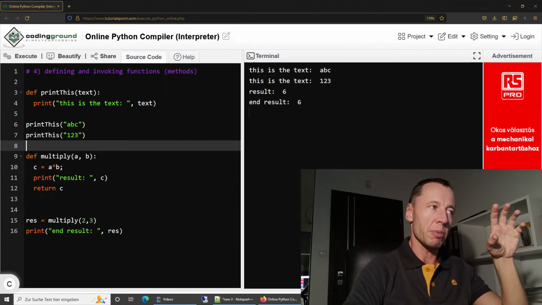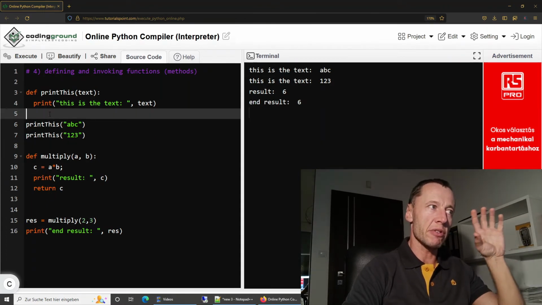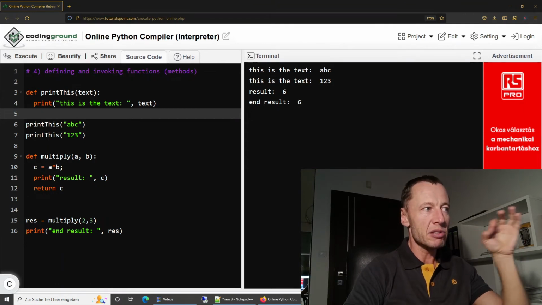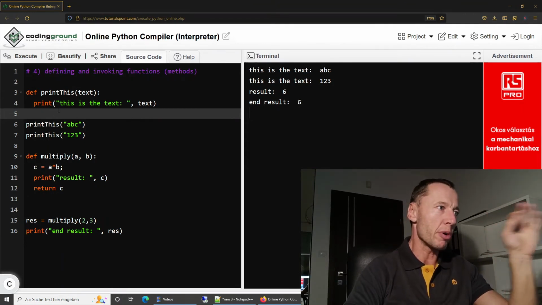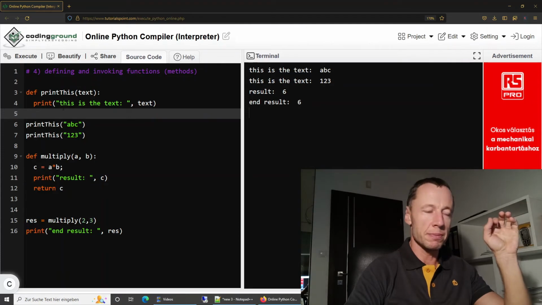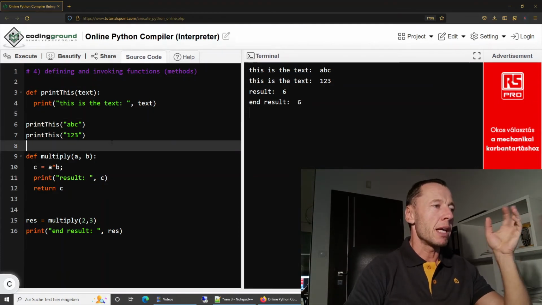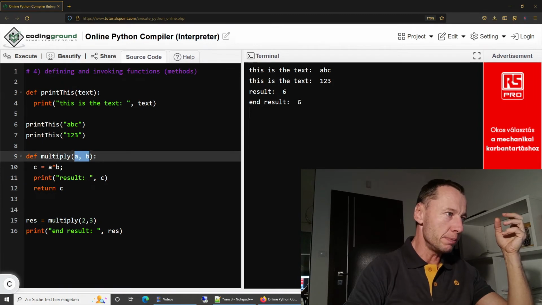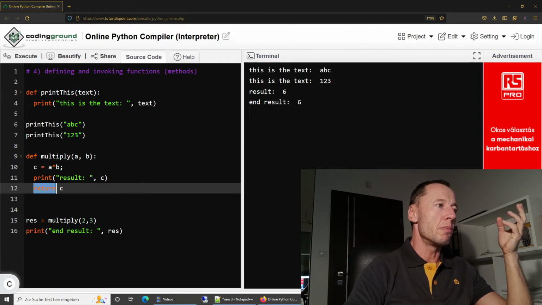And this is a very important point. You don't want to repeat yourself. If you do programming, you want to write things only once and then reuse them always. Never copy a program. Always reuse it. This is very important. And another example here with multiple parameters and the return value,